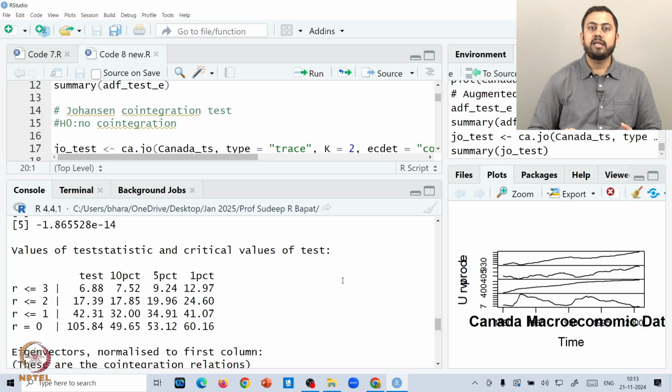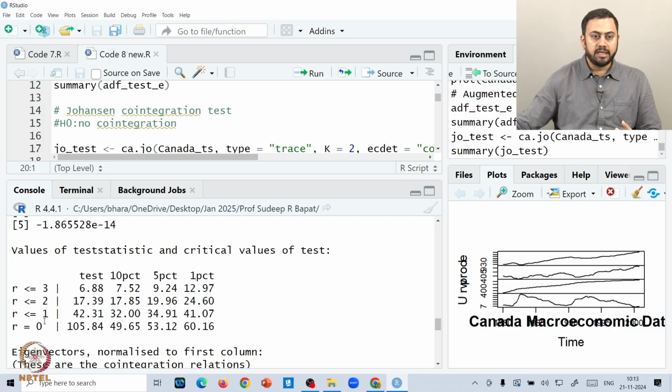In other words, r tells you how many variables are apt for considering co-integration. Would it be 0, 1, 2 or 3? This is exactly what the first column tells you, and then the values of the test statistic are in the next column, and all the corresponding critical values are in the second, third and fourth columns, at different percentage points: 10, 5 and 1.